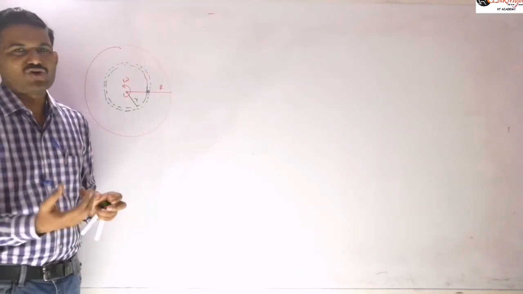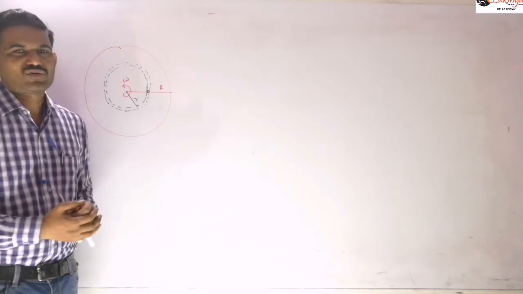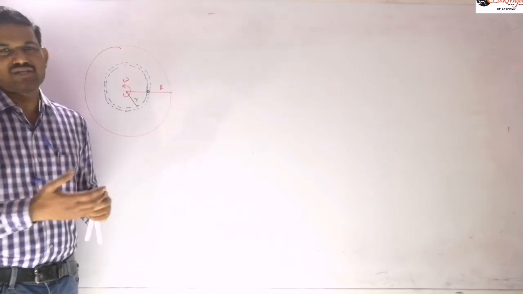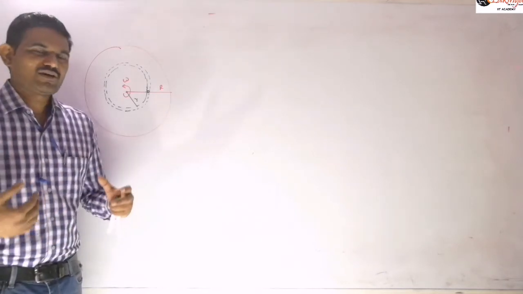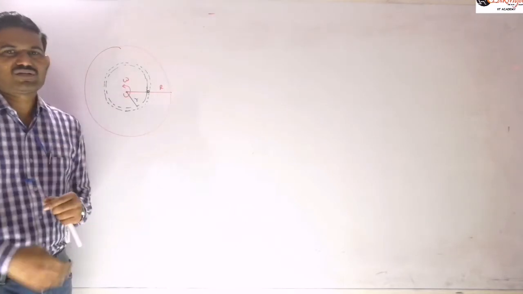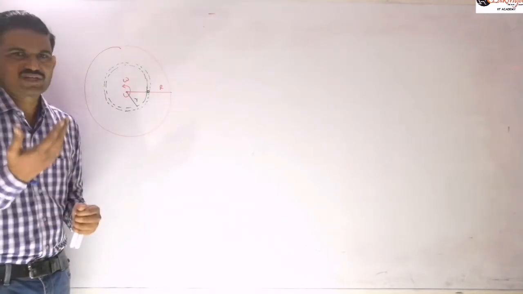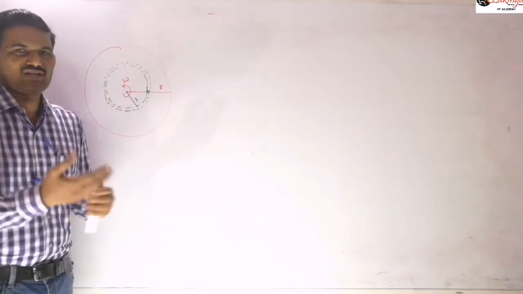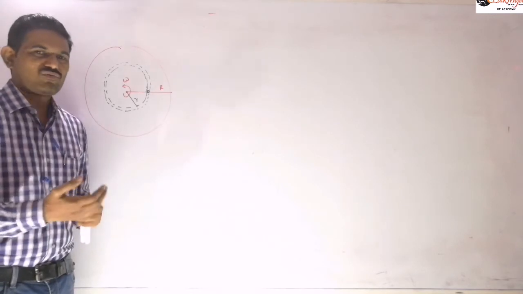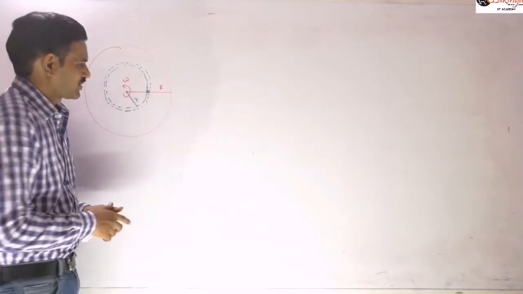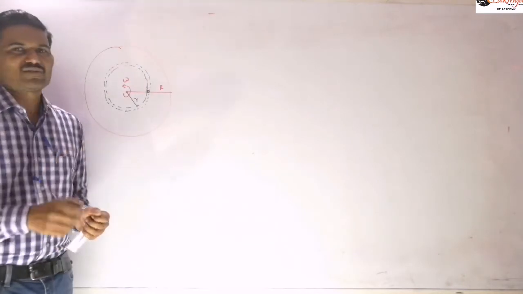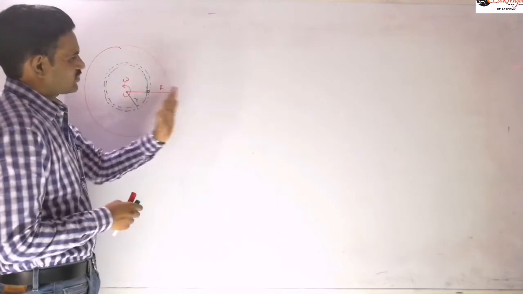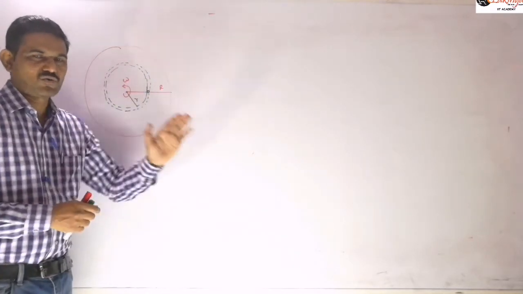Like if you keep an object on a rotating surface and it starts rotating, initially it may be in contact with the surface, but for a particular speed the body will lose contact and fall out of the disk, if you go on increasing the angular velocity. That is because of the centrifugal force only. If the friction is insufficient to balance that pseudo force, it will be thrown out. Similarly here, those electrons will experience some pseudo force, and because of that pseudo force, these electrons will be moving in the outward direction.